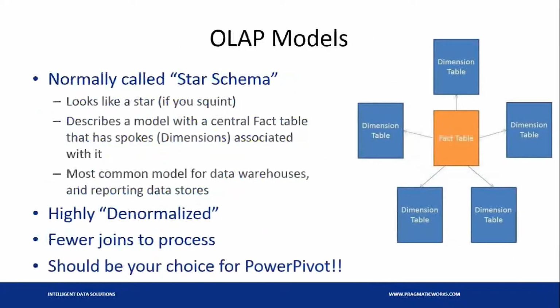The other type of model that you're going to see when you deal with your IT department is the idea of this online analytical processing, or a reporting model, a data warehouse model. Normally we call these star schemas because if you squint, it kind of looks a little bit like a star. People can actually draw a star on it. This looks more like a star than that other model that I did. So you're going to hear the term star schema, and it's probably going to refer to your reporting data warehouse,